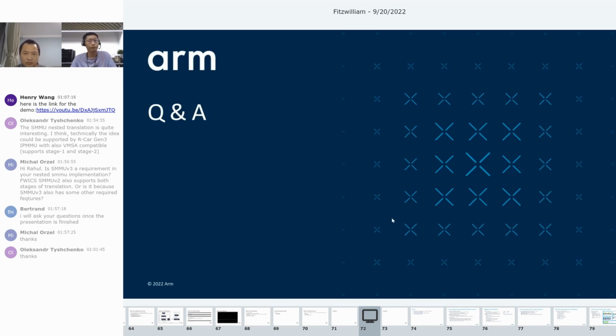Hi Henry, hi Wei. A question regarding MPAM. So who allocates the MPAM part ID? Wei, do you want to take this question, or I will answer this? Yeah, the hypervisor will allocate the part ID for which machine. So the hypervisor.